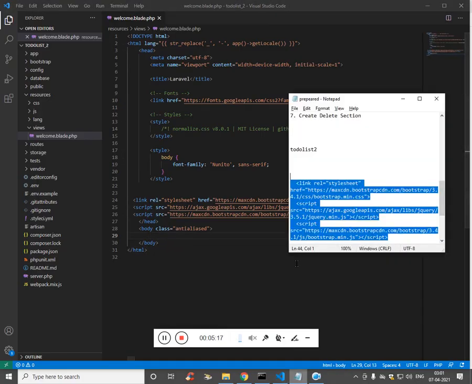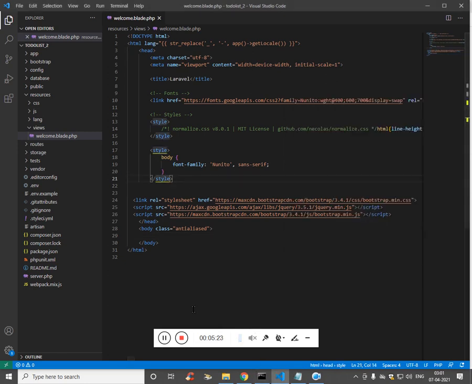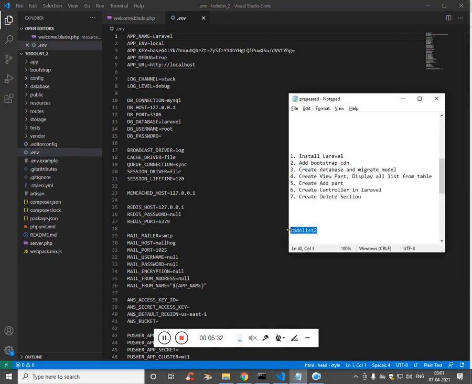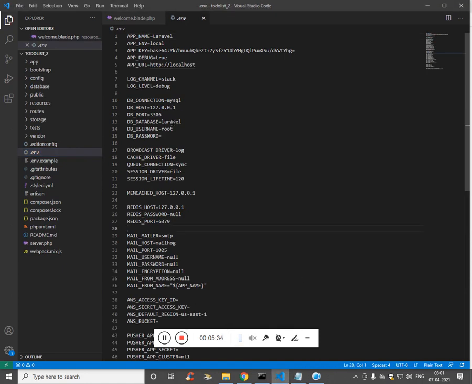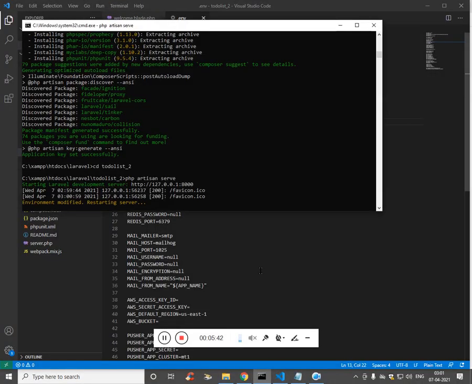Now what we are going to do is create a database and a migrate model. So far we have created the database, so let's modify the database name in the env file, and whenever you modify the env file, you should stop the server and rerun it.